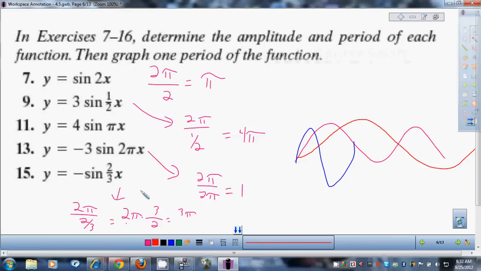Now let's look at one of these. Let's look at this one. I'm going to punch these into the calculator for us to see, and while I'm doing that, somebody raise your hand and tell me,